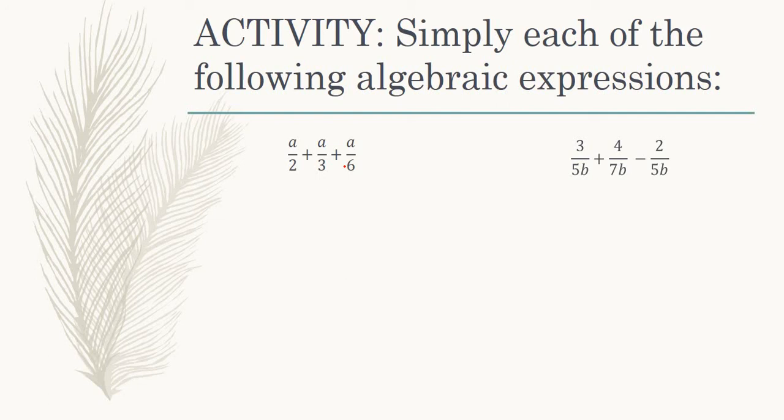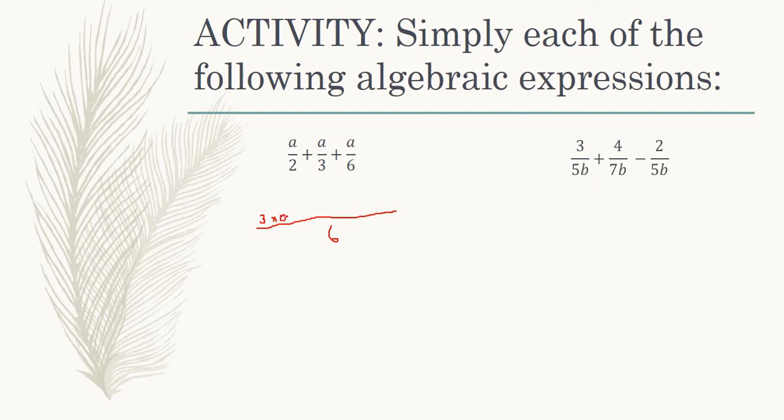Again, you need to find a common denominator of all three denominators here. So we want a common denominator, and that common denominator would be 6, because all three numbers can divide 6 equally, right? So how many groups of 2 can we get out of 6? That would be 3. What should we do with the 3? Take it to multiply a. So we're going to write it here. So it's going to be 3 times